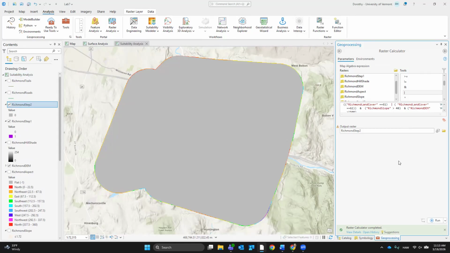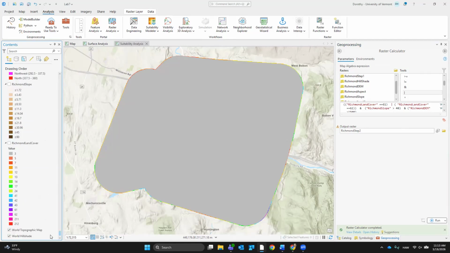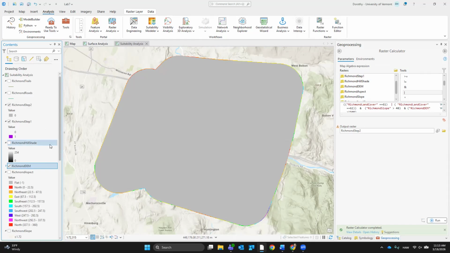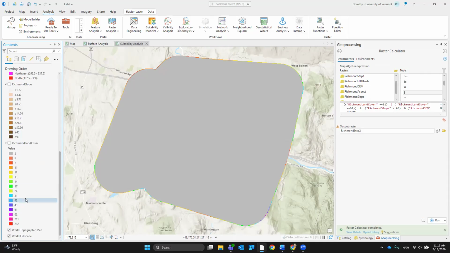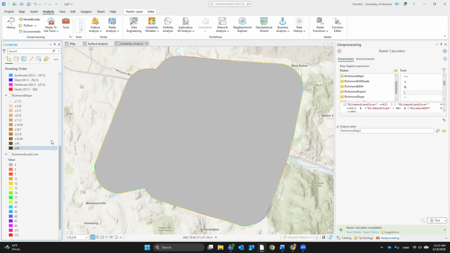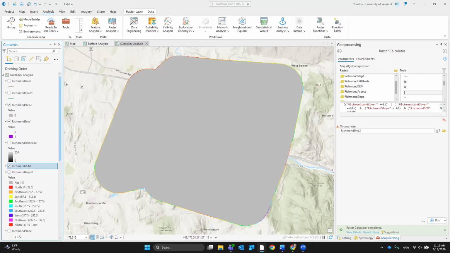So what you can do is now, because I've done it twice and I'm annoyed, I'm going to go into my rasters and check. Are there any elevations of 1500? Yes, there are. So it's not that one. Are there land covers 61 and 62? Yep, there are. Is there a slope greater than 40? There is. So why isn't this working?